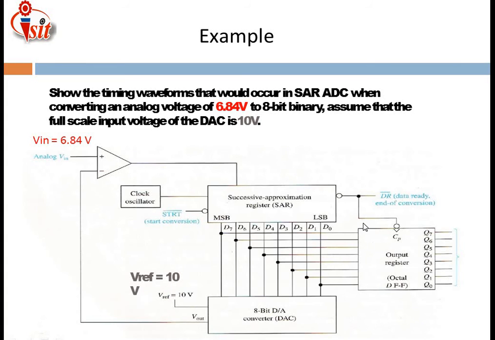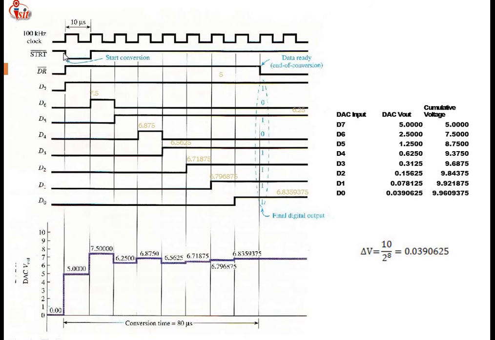And we have to calculate, or show, the waveform of the SAR, that is the successive approximation register, which is introduced by the Q0 to Q7 levels. Then these are the D0 to D7 input levels. That is the data register, and the start pulse is also applied as this type of signal, and this is a clock related signal, and it will produce the output like this. Here I have shown the curve, and this is the DAC input. The input we are applying for this system is D0 to D7.